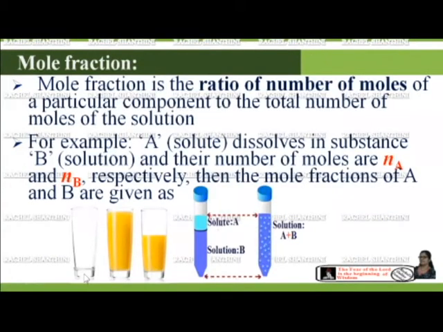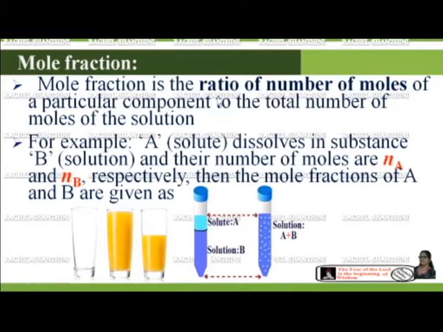Let us take an empty glass tumbler and fill it with orange juice up to the brim. We call it 1 full tumbler of orange juice. On the other hand, if we take another glass tumbler and fill it with orange juice up to 50% of the glass tumbler, we call it half a tumbler of orange juice. Since a part of a glass tumbler is filled with orange juice, we call it a fraction, that is 1 upon 2. Let us apply this concept of fraction in mole.